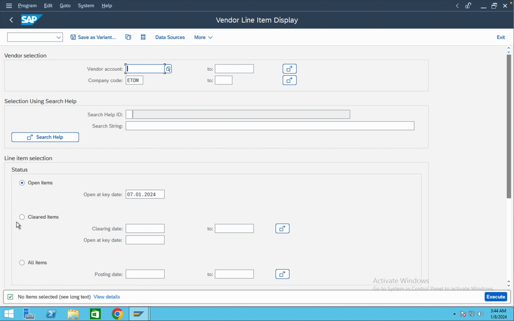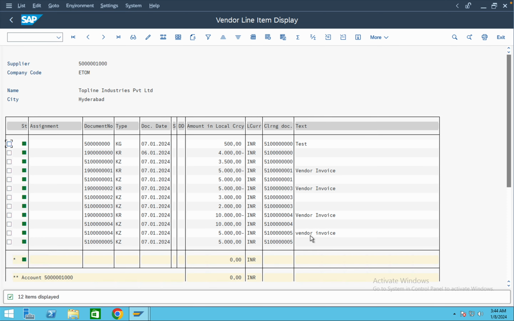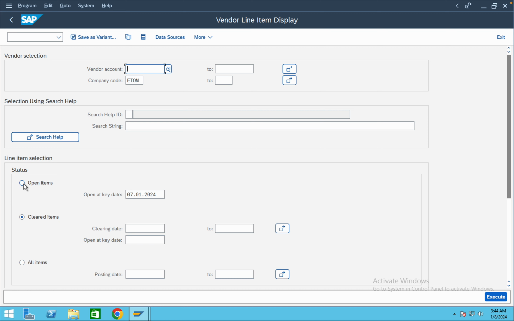Let's click on the cleared item radio button and click on execute. You can see that all the invoices are already cleared. Because of that, it is not showing even a single line item in the open items. So first, let's create one vendor invoice, and the transaction code for the vendor invoice